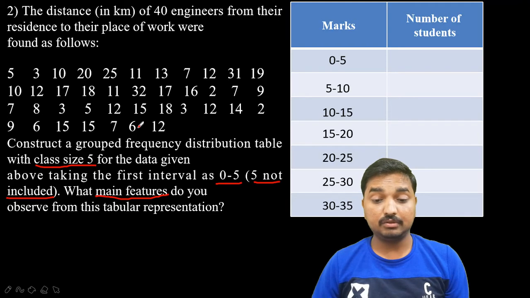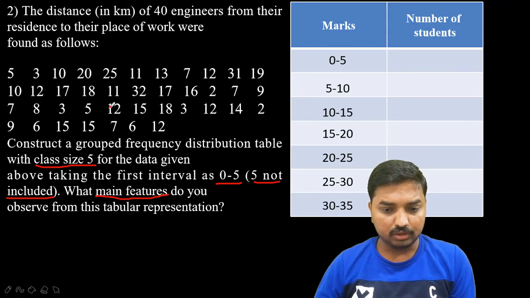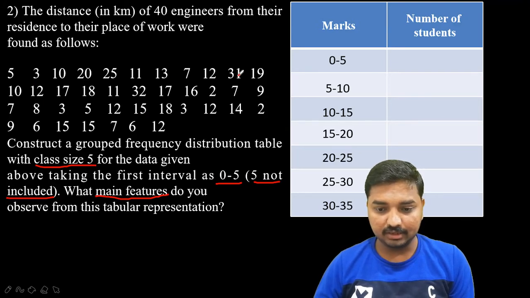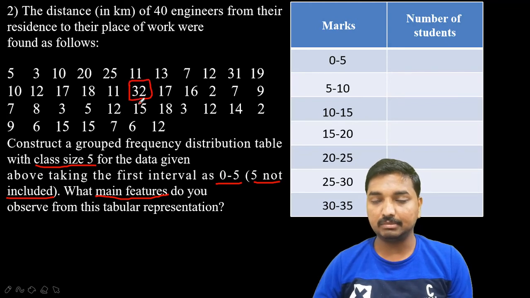So for the solution for this one, among the given data, you need to observe the highest number. Look here, which will be the highest number? Here 31 is there. Is there any number greater than 31? Here it is 32. Is there any number greater than 32? No. In the third row, there is no number more than 30. So this is actually the highest number, 32.